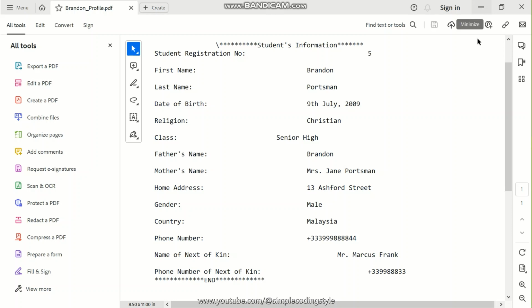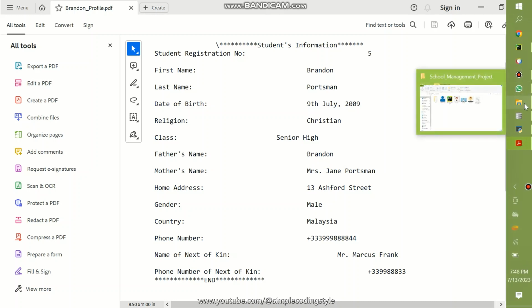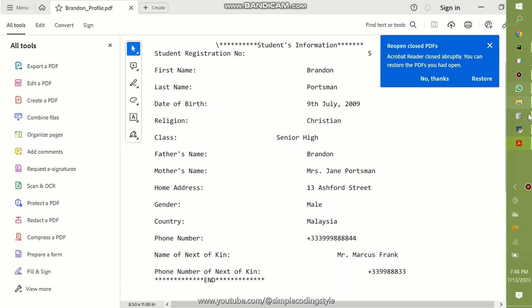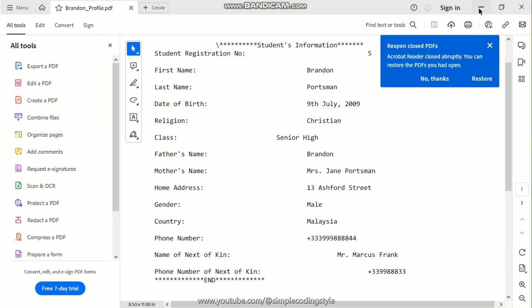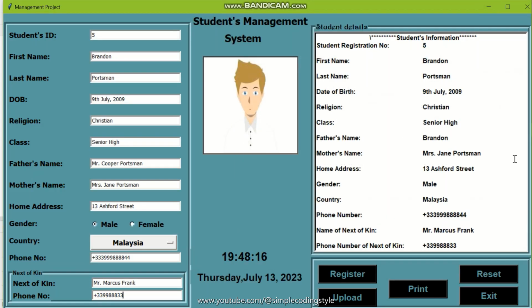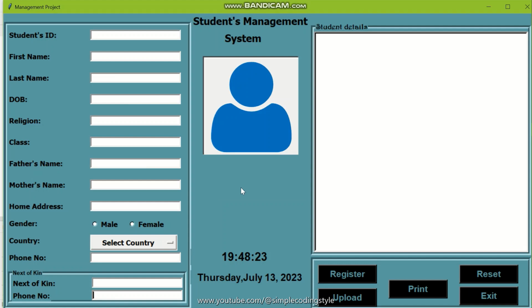Okay, so to confirm that this piece of information has been stored in a PDF format, you can go to your file or the folder you have created for this project. This is mine, and it's up here. There it is, Brandon profile. Okay, so that is it for our print function. Our reset is working. I will register, I'll upload, so I can decide to reset this. This is working, and then exit this